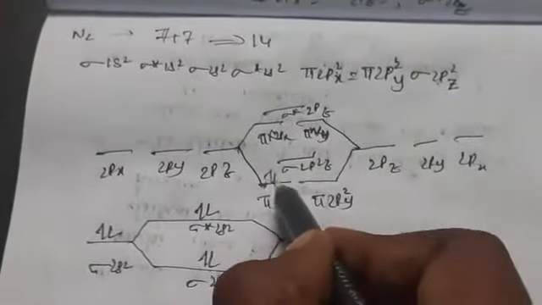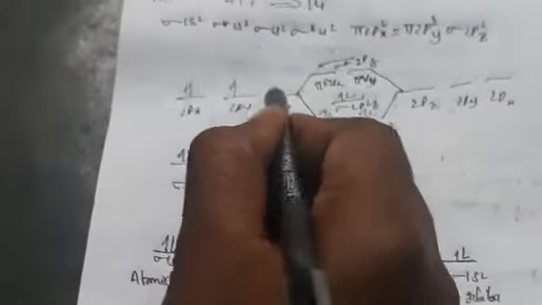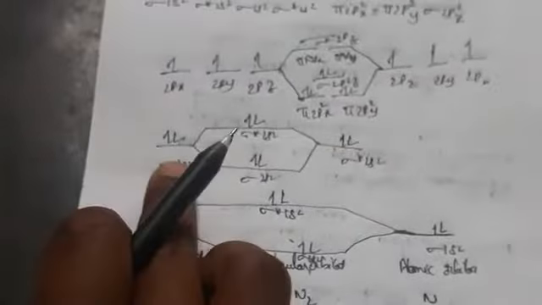Okay, so how many electrons are there here? 1 2 3 4 5 6. If you have been counting here, observe here. So the atomic orbital I have taken here. Total how many electrons do we have to get here? Total 7 electrons we have to get here, like this. 1 2 3 4 5 6 7. Sufficient, no? Here how many do you have to get? 7. 1 2 3 4 5 6 7.